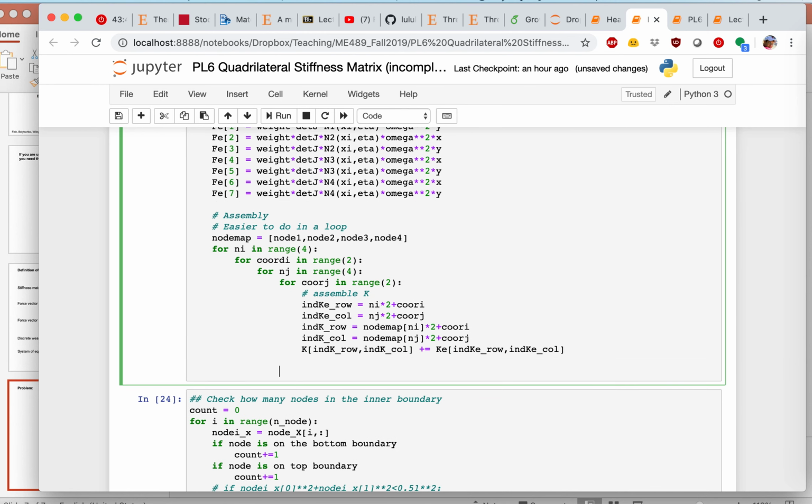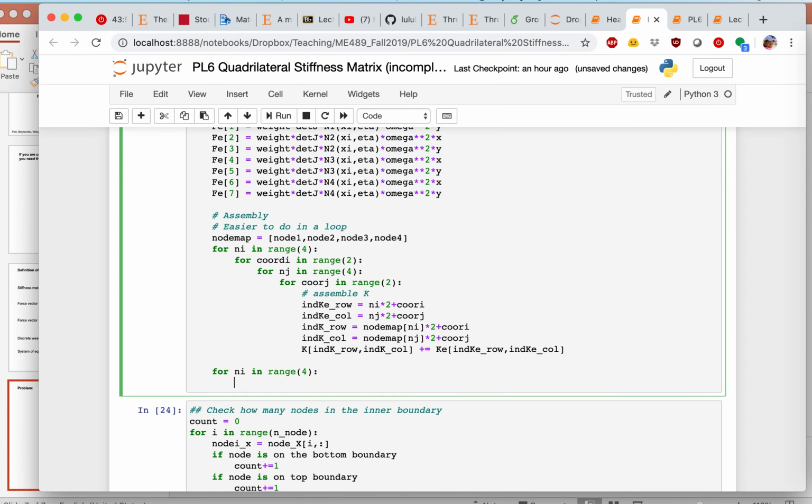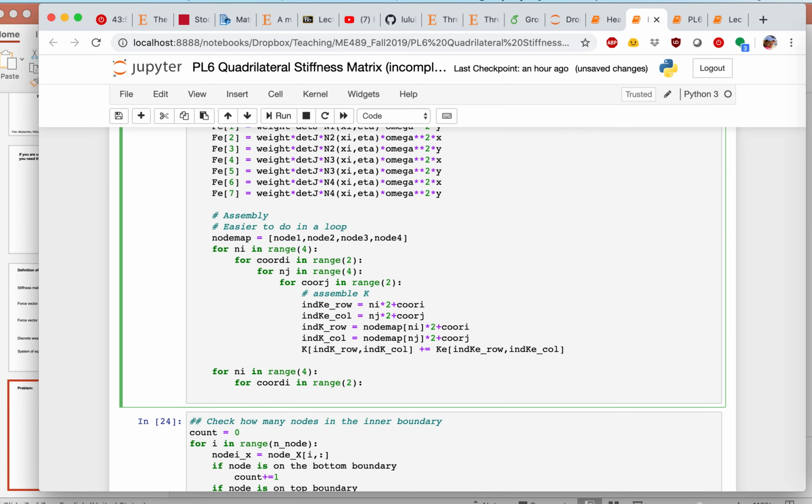And so that should take care of the assembly of the stiffness matrix. And then if I want to do the assembly of the force vector, now I only need these two loops, and then I need the same, but let me just do